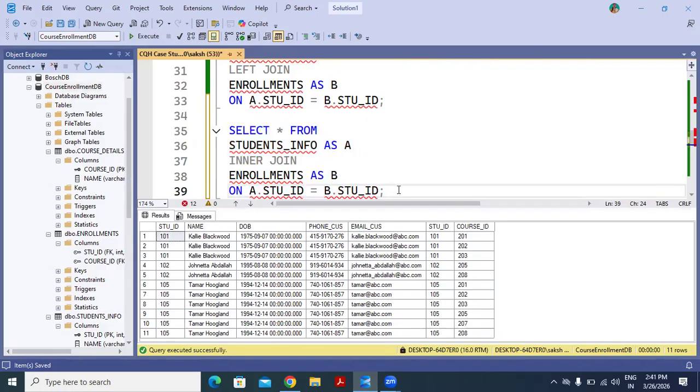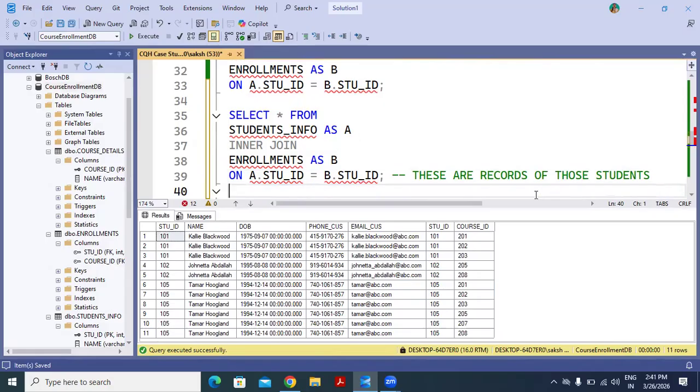So what you can say, these are records of those students who are enrolled in the courses, or we can say with at least one course.